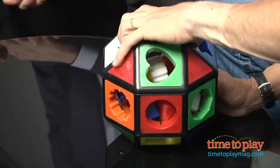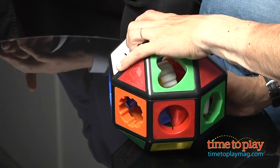Well, I have no idea what that is. No geometry. We don't want too much thinking. Now this is for 6 months and up, but it takes somebody a little stronger to open. Why don't you open it? Okay, so it uses the...